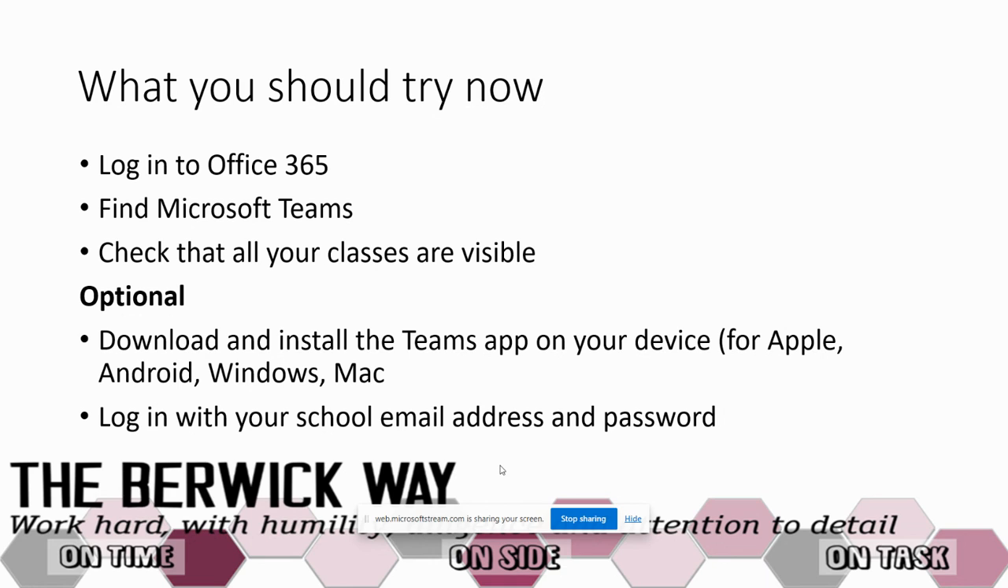An optional step you can take is to download the Teams app onto your device. And if you're using a phone or a tablet, I actually recommend that is a very good idea. They work really well. If you use the app on your device, it's the same process of logging in with your school email address and password. If you have any technical problems, then your parents have a help desk email that they can contact and they will be able to get you some help. Or if you're in school, you'll be able to ask any of your teachers because they all know about how to